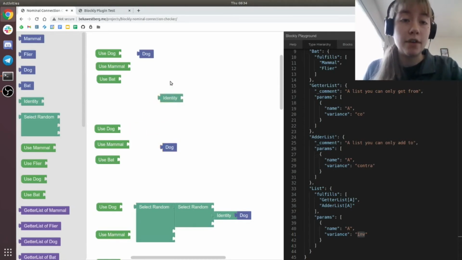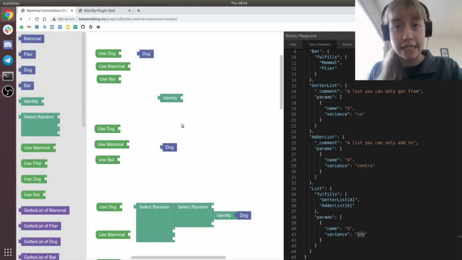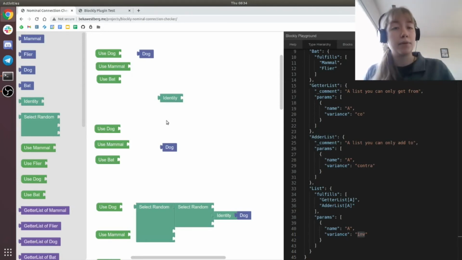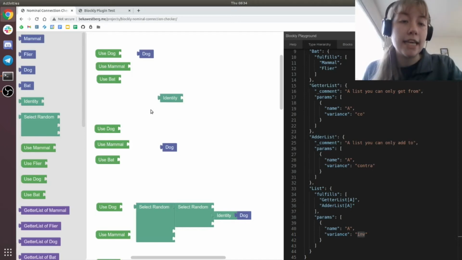For example, if you imagine that this identity block instead was a downcast block where it might have a dropdown where you could select which type you would like to downcast to, then it would have a generic input over here, and the output would be whatever type is selected in the dropdown. You could create that right now using some of the API functions that I didn't mention earlier or didn't have time to talk about. But the thing is that I think that's a little,